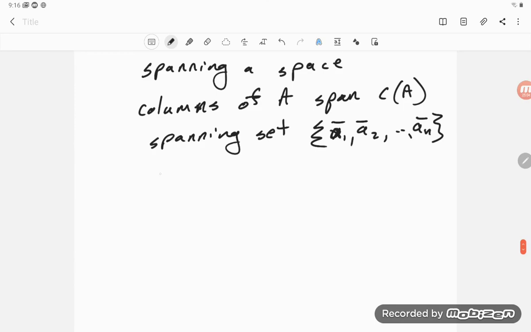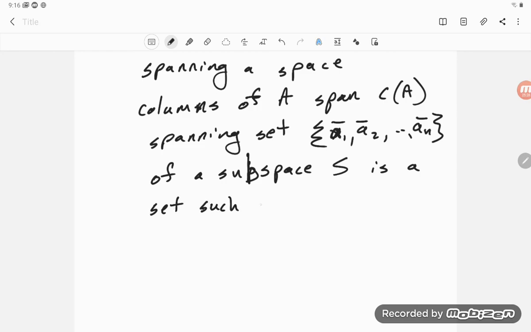Okay, a spanning set of a subspace, S, is a set such that all linear combinations of those, so such that any y element of S